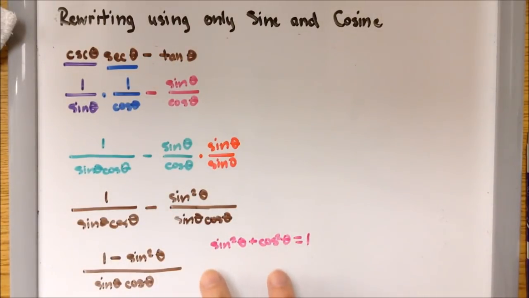Now, is there a way I can get this identity similar to 1 minus sine squared theta? Yes, there is. If I subtract both sides by sine squared theta,